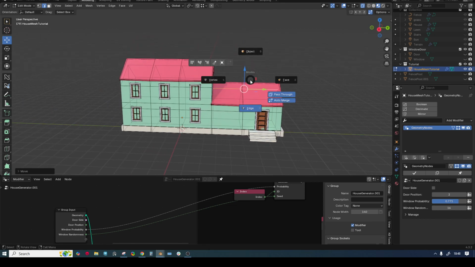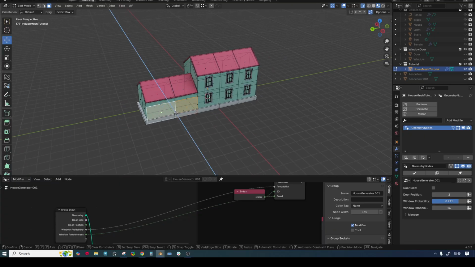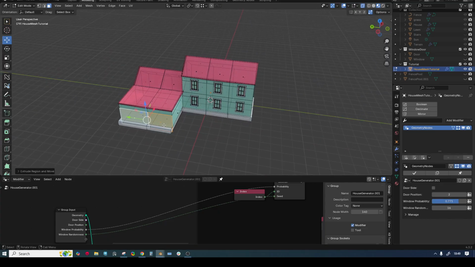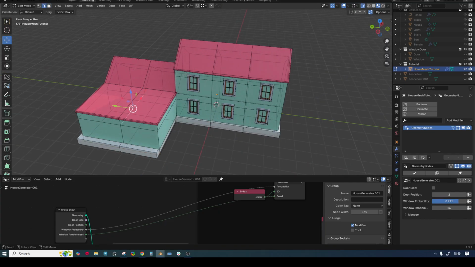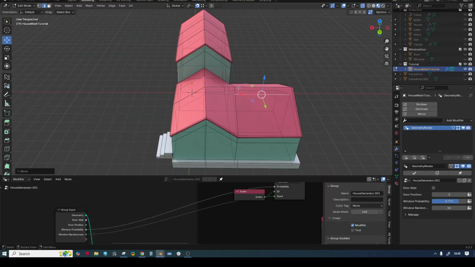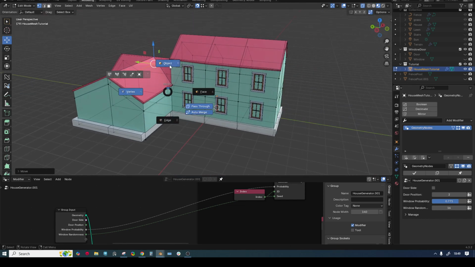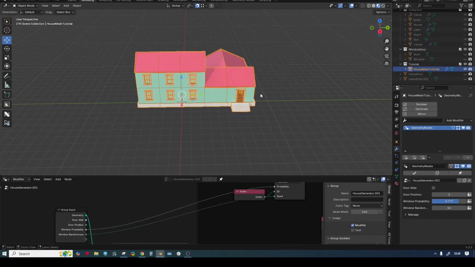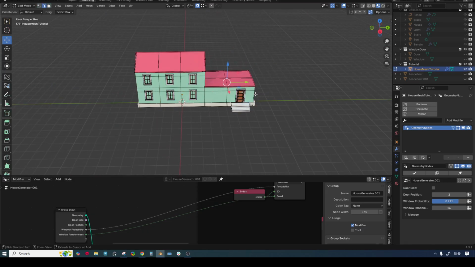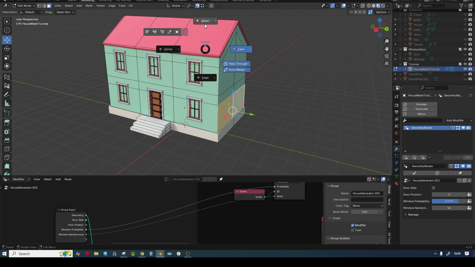So you can extrude now, and it's going to update in real time, and I can go here too, and I'm going to select this one, and you can create more house variations. So I'm going to select this vertex, and weld it with this one. Okay, let's go back,